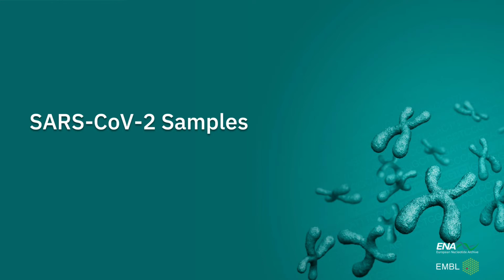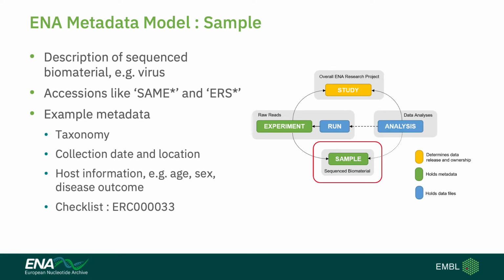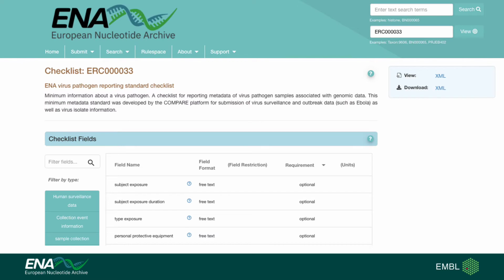Here I will cover some additional information about samples, specifically SARS-CoV-2 samples. So this is a slide that we saw earlier in the metadata model video, and you'll remember that I mentioned this ERC33 checklist. So this checklist is the checklist that we use for all viral pathogens, and I've included a link to this